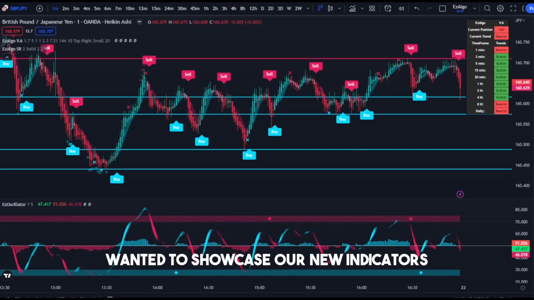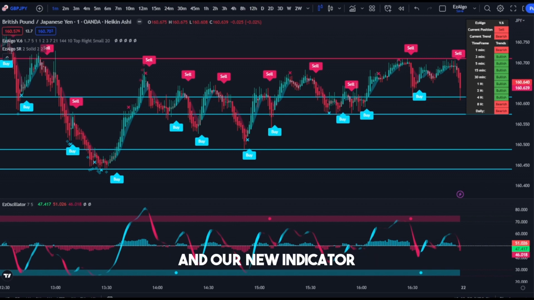All right, guys, wanted to showcase our new indicators on the 1 minute time frame. Of course, I'm talking about EzOscillator V6 and our new indicator, EzOscillator. And this is going to be for scalping because these indicators really make scalping so much easier than ever before. And once I break it down in detail on how you can start using this to scalp, you will just